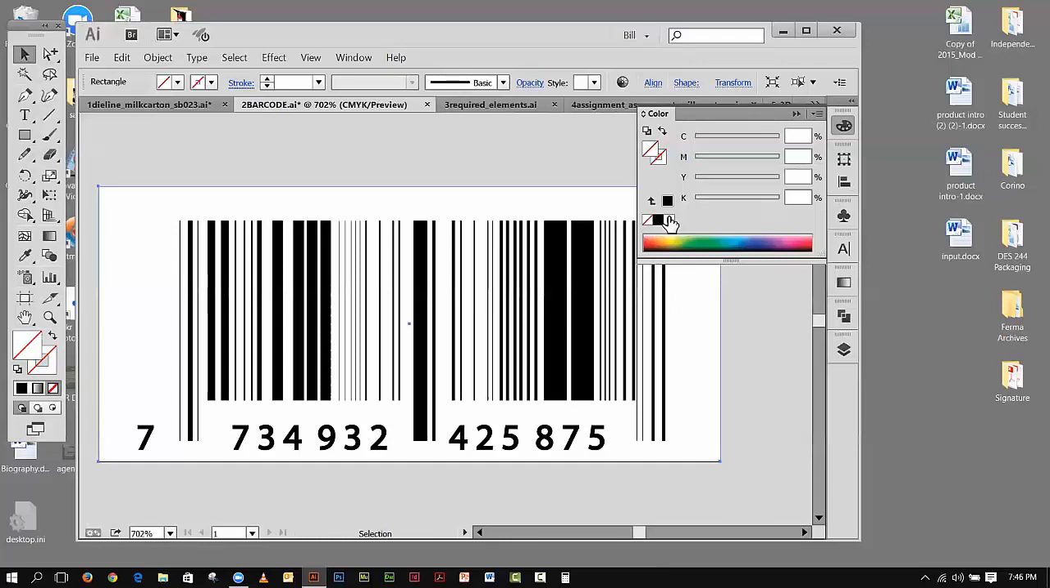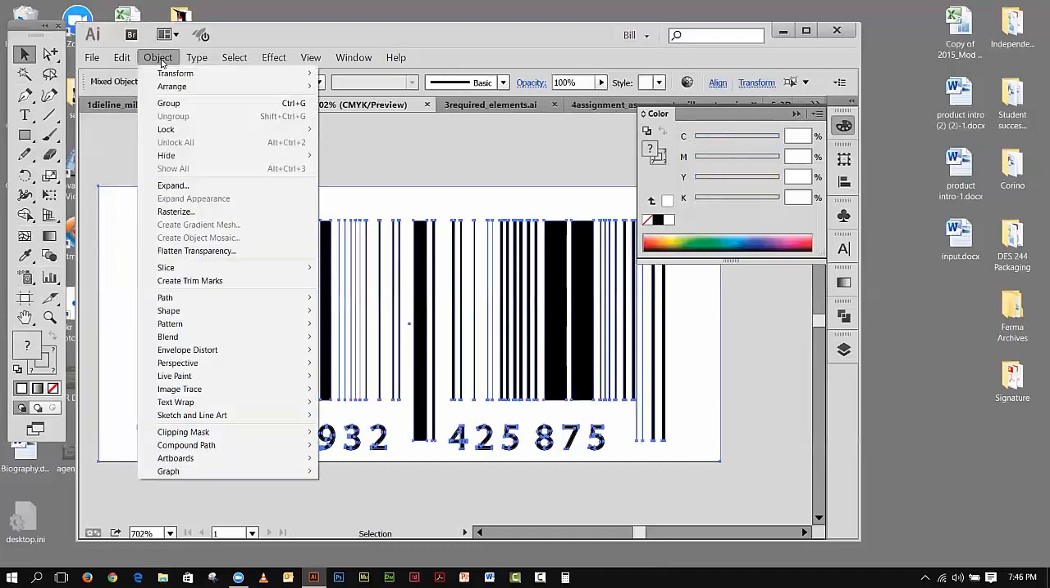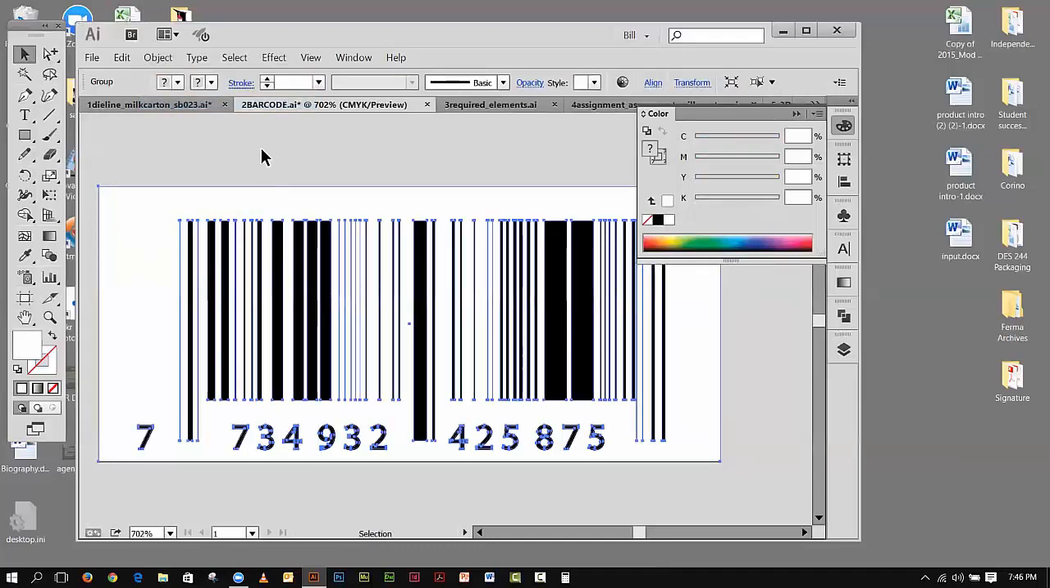See my color? Click on white. And now I have a white background with black text. And if I select the whole thing, Control A, I go Object, Group. When I deselect it and reselect it, the whole thing selects. So now I can select this and go Edit, Copy, and then Edit, Paste into my milk carton, and I have everything that I need for the milk,